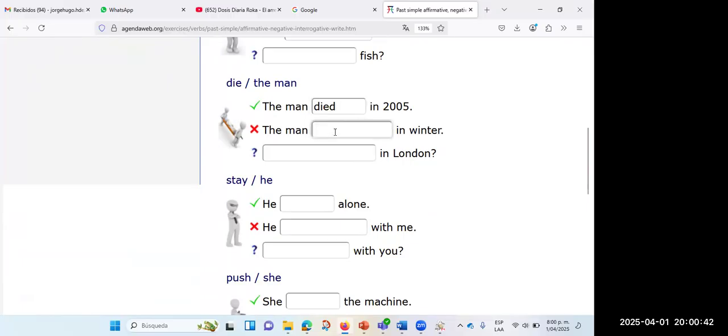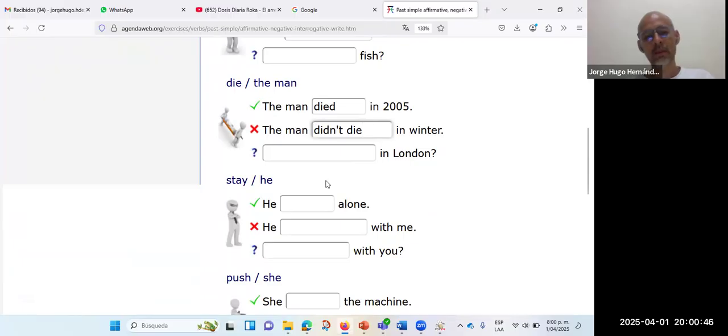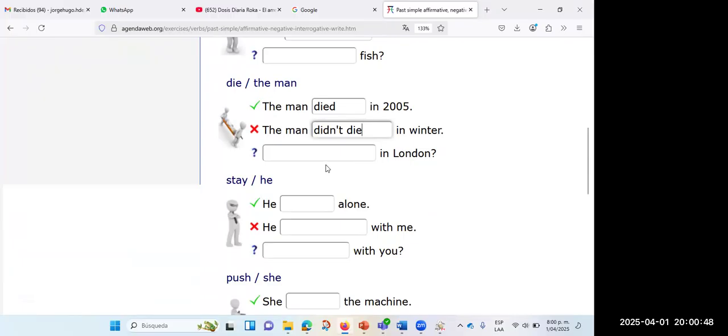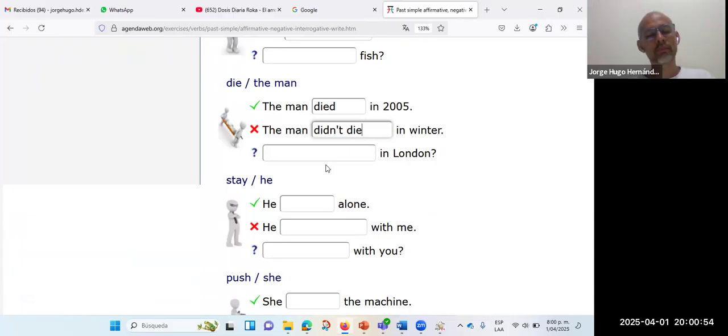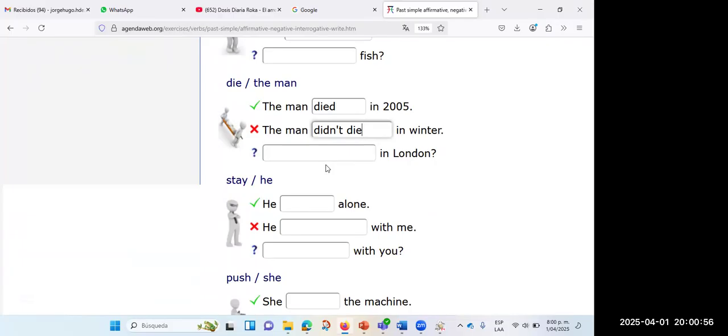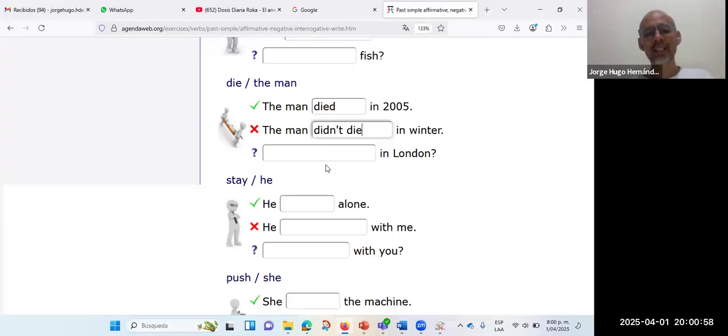Profe, we have a question. We have to change... didn't die. Yes, tell me. ¿En qué esta tercera persona afecta en algo? No, in past no. En pasado no. Aquí no. En presente simple sí era el do y el does, ¿sí? Ahí hay dos verbos auxiliares en presente, do o does. Tenía que mirar de qué persona están hablando. Acá, el verbo auxiliar did se utiliza para todas.